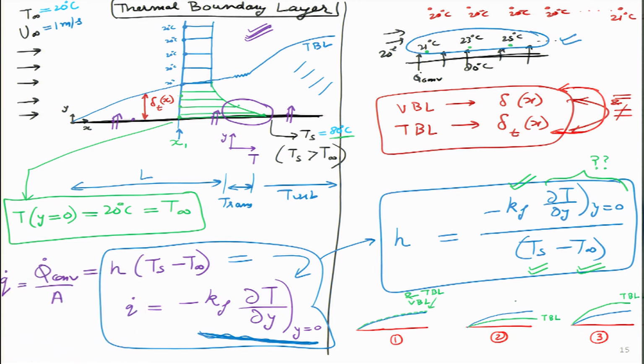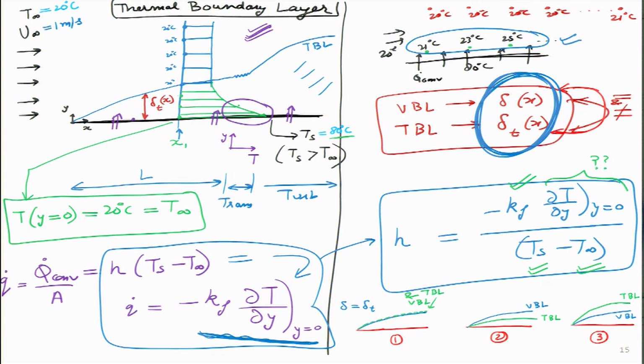In case 2, the velocity boundary layer is this and the thermal boundary layer is thinner than that, and in case 3, the velocity boundary layer is like this and the thermal boundary layer is greater than that. Which means over here we can clearly see the differences between delta and delta t. In case 1, I can say that delta is equal to delta t. Of course, I am skipping writing the x just to save some space, but we all understand delta as well as delta t are both functions of x, because they are increasing with distance.